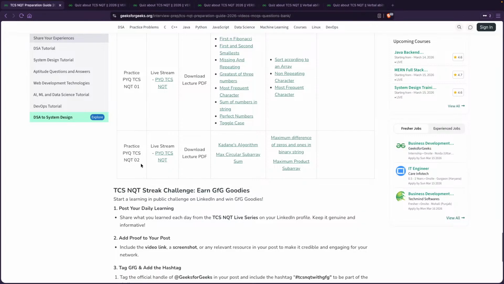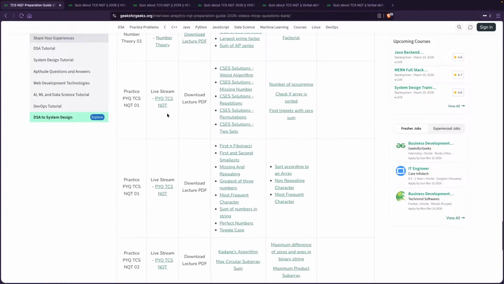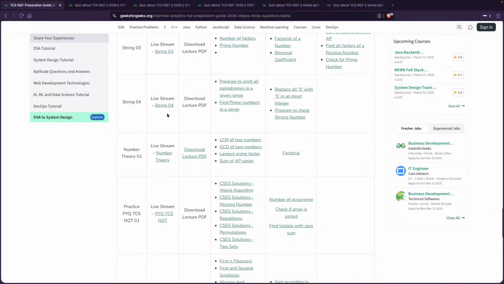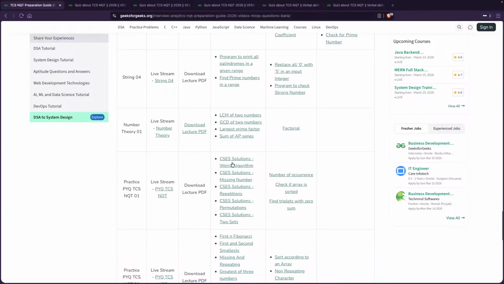TSS, NQT to PYQ, PYQs, PYQs, number of occurrence period. Okay, CSS where